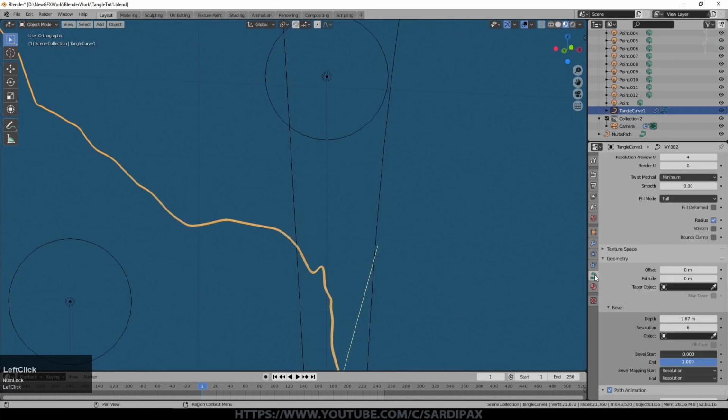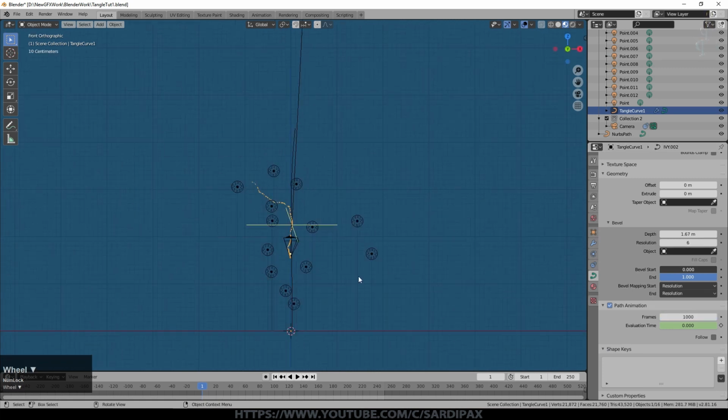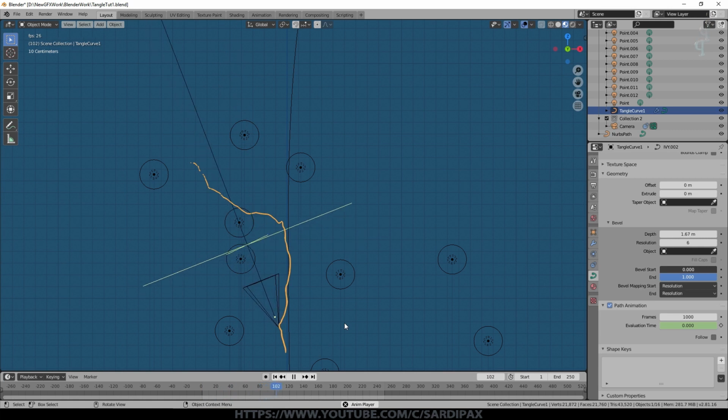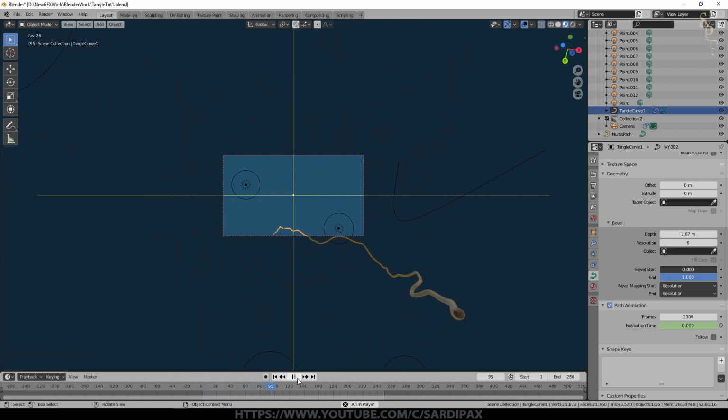So we'll go over to the curve properties and we'll tell it to animate that over 1000 frames. So let's see what that does. Obviously it slows the camera down. It's still doing exactly the same motion, so it's still wobbling around all over the place, but it's doing it much more slowly. And we may, if we look through the camera, there you can see what it looks like. It's still pretty violent motion.